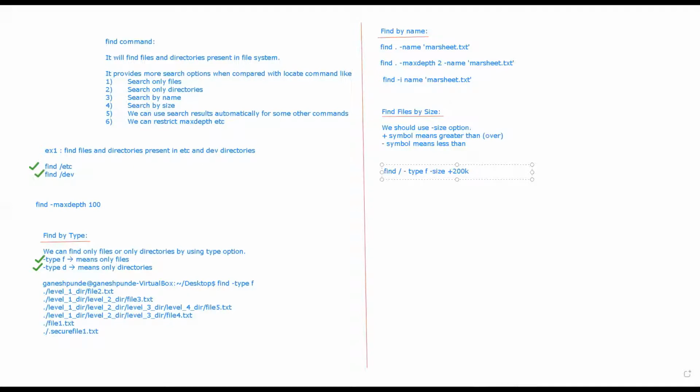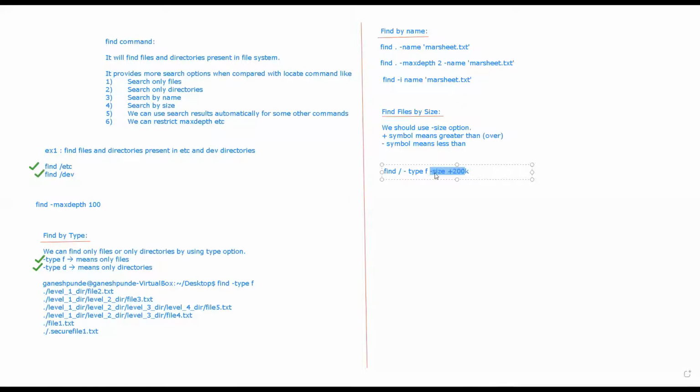Basically this will find files of size less than 200, because minus means less than.